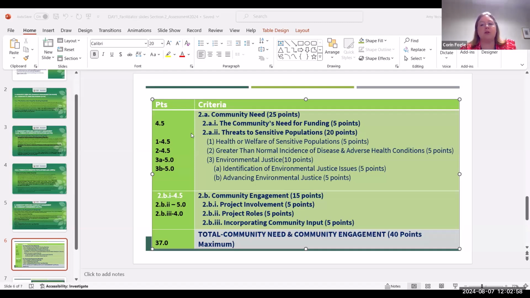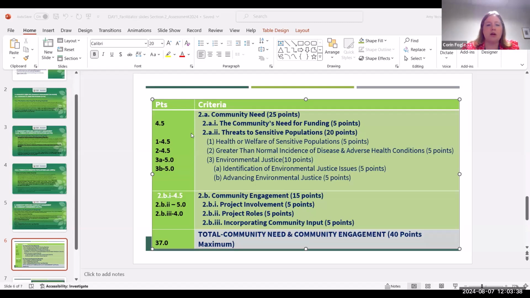With health or welfare of sensitive populations, they used a lot of percentiles, which was good. But one of the things we saw was that they didn't link the releases or source areas with the actual health effects. It was kind of glossed over, generalized: we had some industries and then here's the health effects. We thought it might have been better to link the specific releases and businesses that released materials with the health effects they were talking about, mostly inhalation and things like that. We also thought this section should have talked more about bringing in technical jobs. So we awarded a 4.5 for that section.